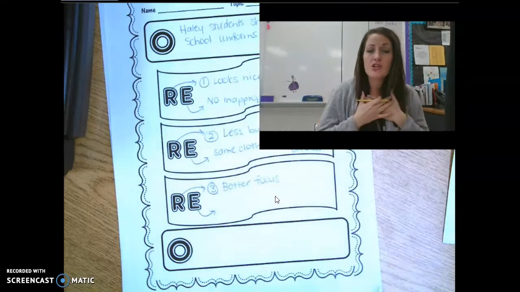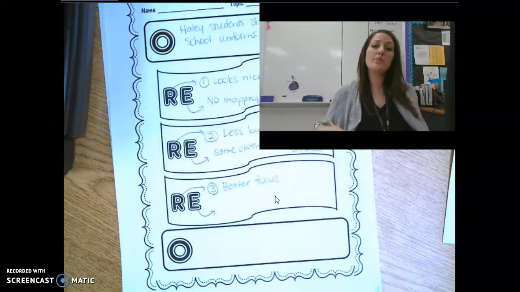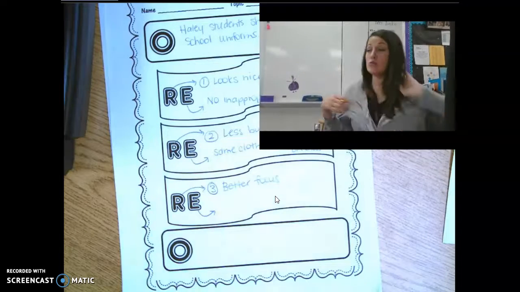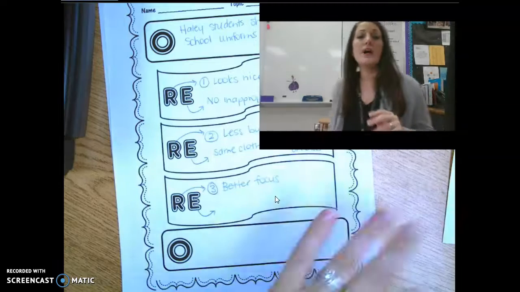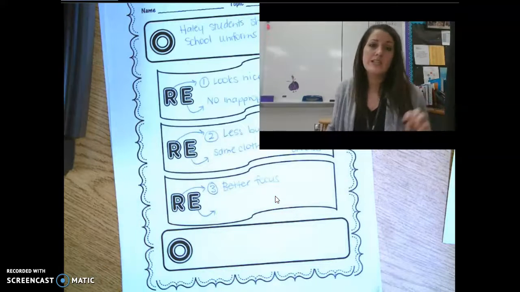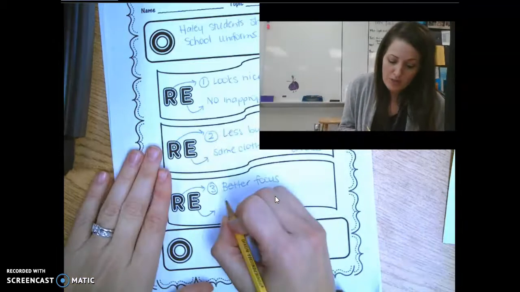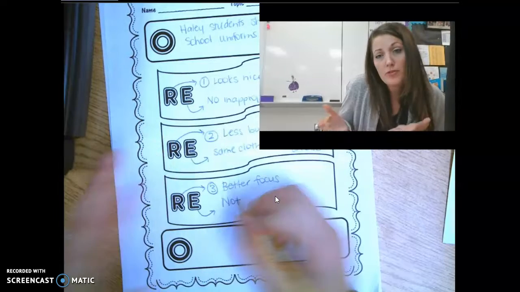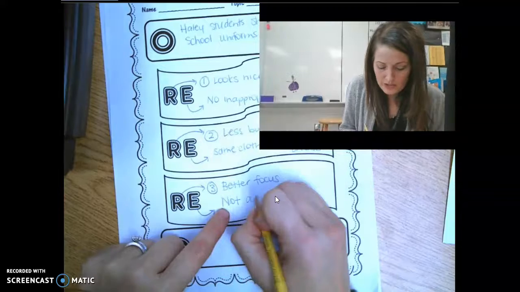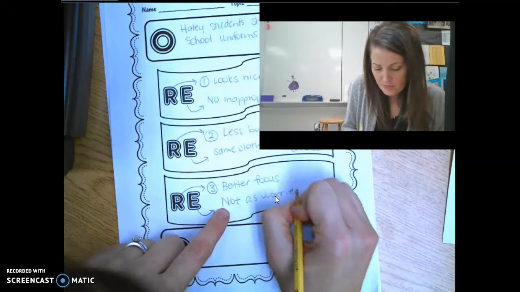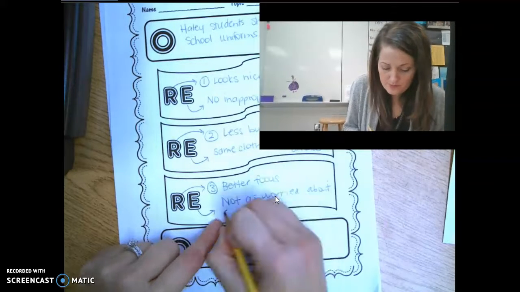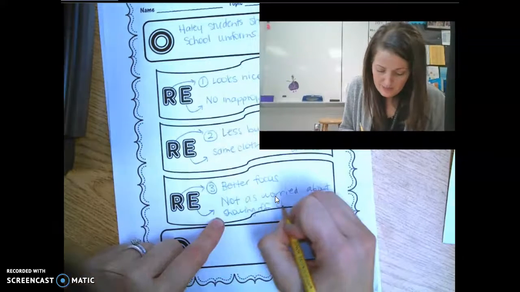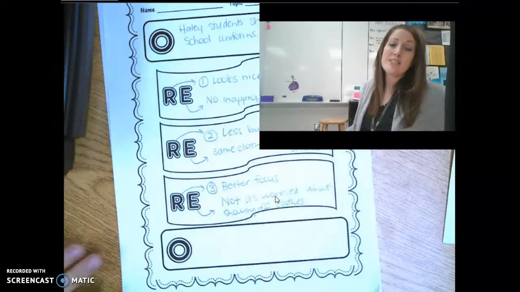So I'm thinking that they're going to focus better because they're not going to be so worried about, does everybody see my new Nike coat? Does everybody see my new fancy shoes and that I have a really pretty sparkly dress on? So people aren't going to worry so much about how they look. They'll be able to focus better on their learning, not as worried about showing off clothes. And remember, these are just my planning notes, so they don't have to be super best handwriting.